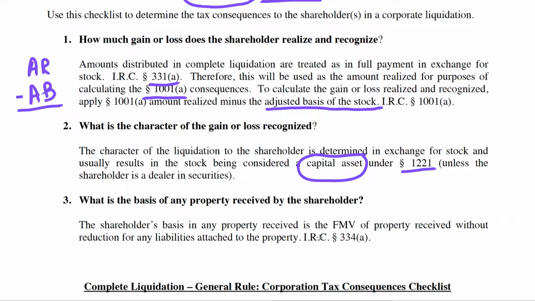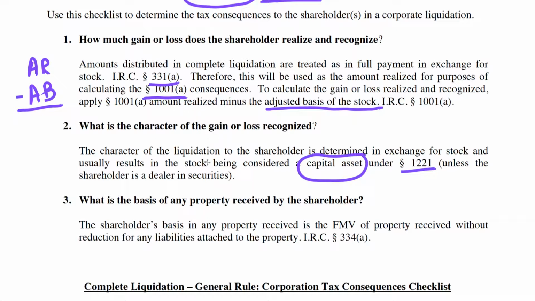Okay, the next issue. If the shareholder is receiving property other than cash, which we know always takes a basis of the face value, what is the basis that the shareholder takes? Let's say the corporation distributes in complete liquidation some land to a shareholder. We go through again the amount realized, the fair market value of the land. There's no liabilities, we don't worry about that. Minus the adjusted basis in the stock given up. That gives us our realized and recognized gain.